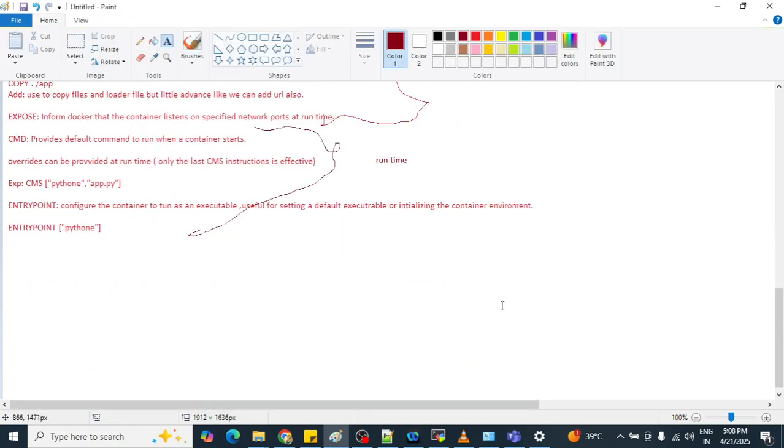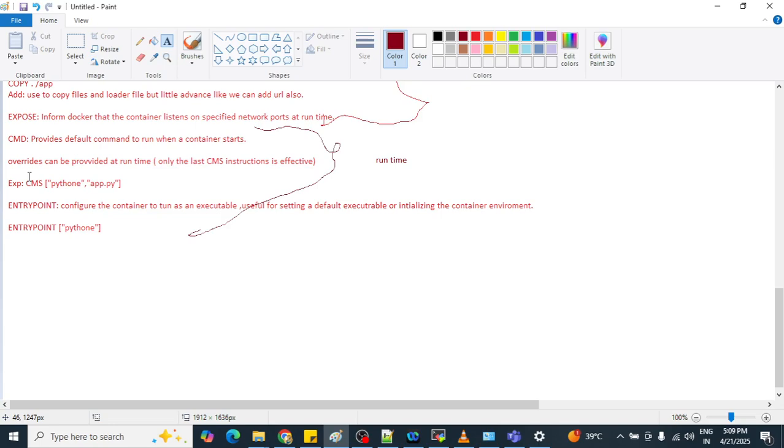So let's move on to deploying one application so that it will be easy to understand how we are going to use these commands inside our Dockerfiles. Okay, so now let's take one Python application that we need to deploy in our EC2. So to deploy that particular Python application, what are the requirements?